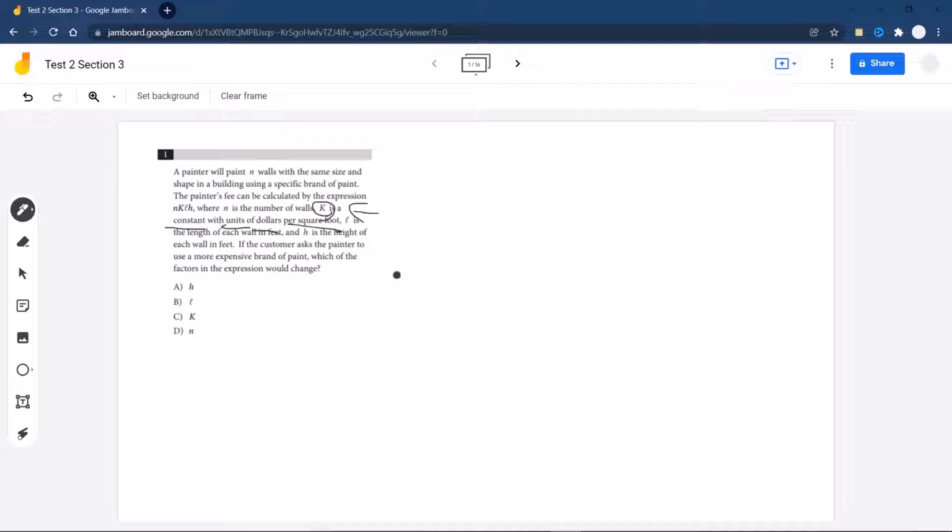We have all of these other factors changing: the number of walls, the length of the walls, the height of the walls, but length, height, and number all depend on how expensive k is. So therefore, depending on k, which represents the cost of dollars per square foot,